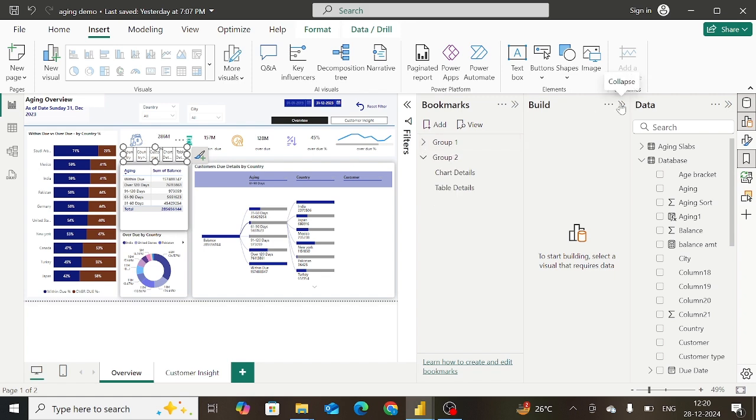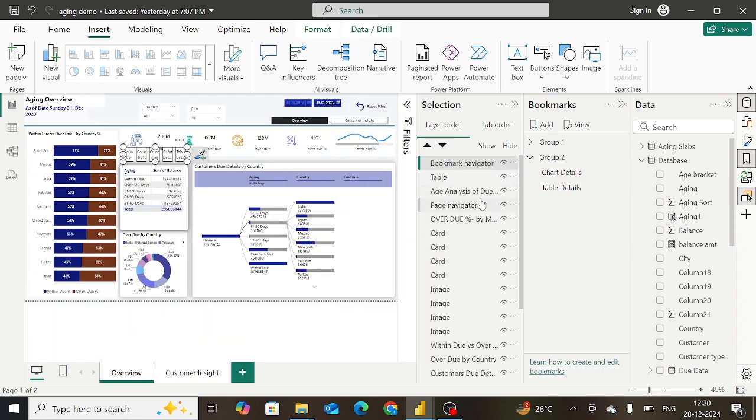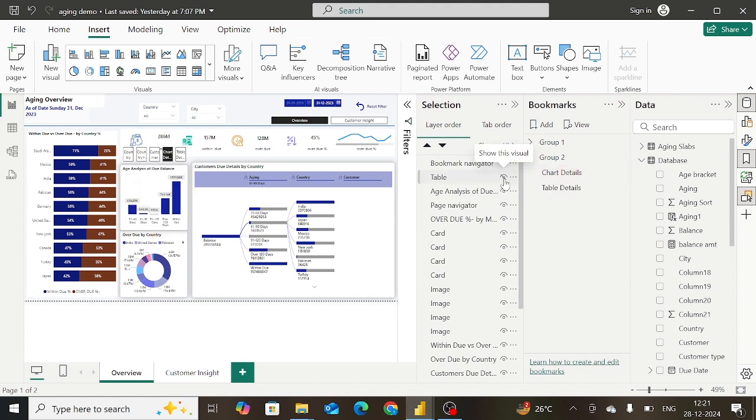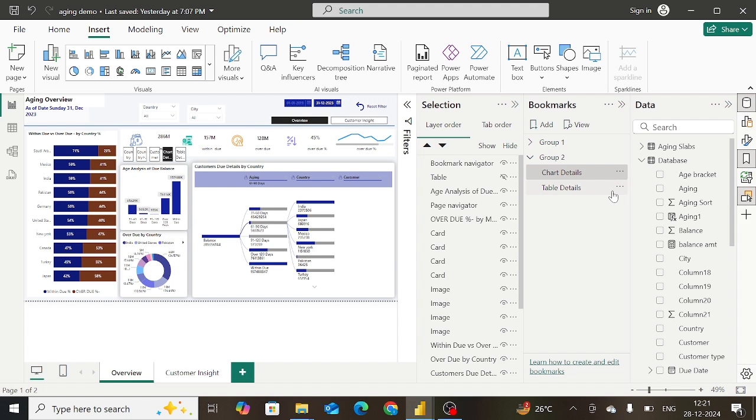After this I will open selection, and for our chart view, I will hide the table. I will click on update, and in table details I will